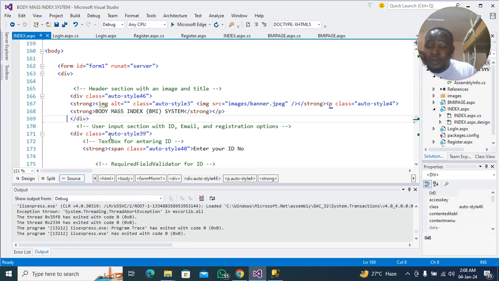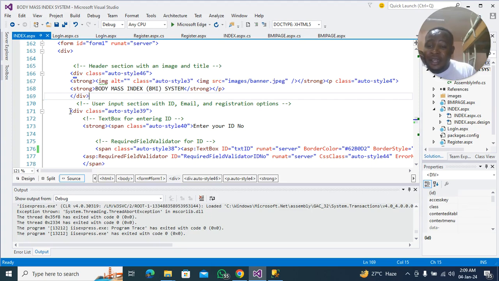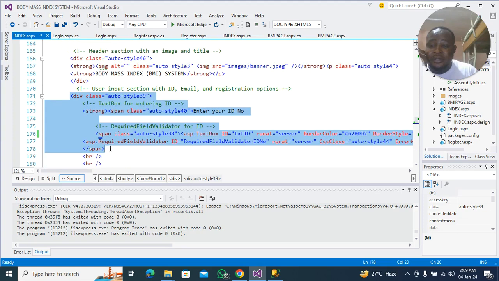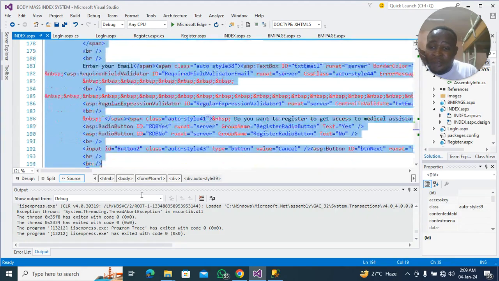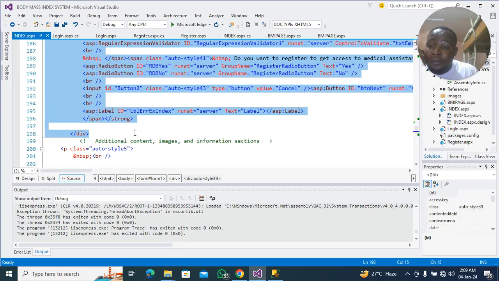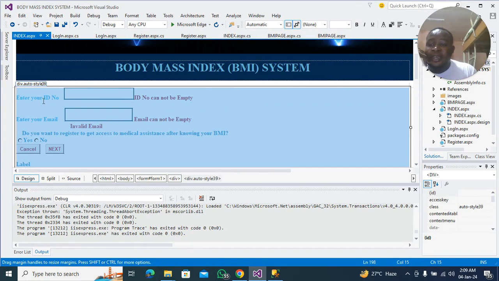Then we open another division. We ended this header division. And then we create another division below the header division. This division holds the user ID, and then the email. It breaks down all the way to this division, and that is what holds the ID, the email, and then the checkbox,